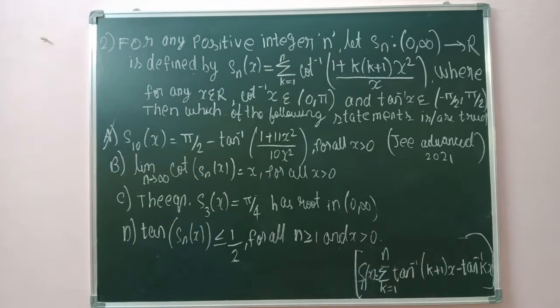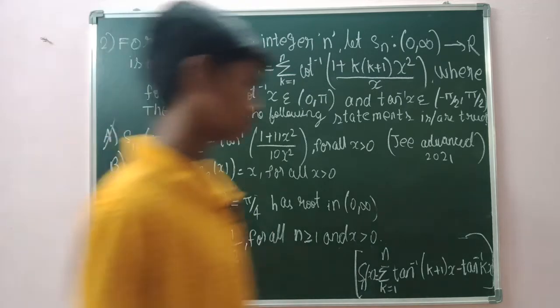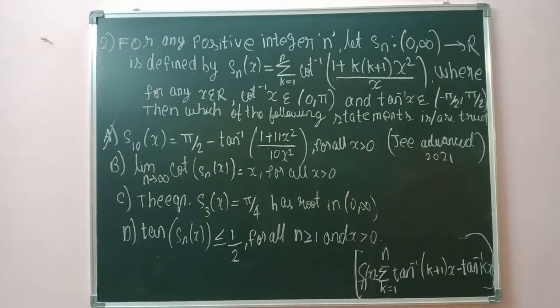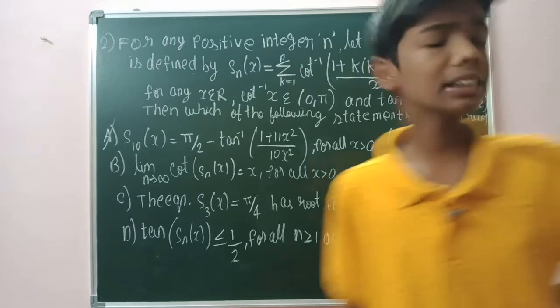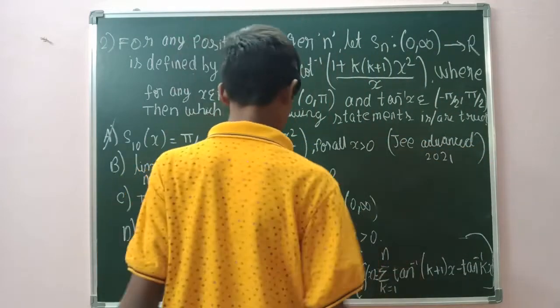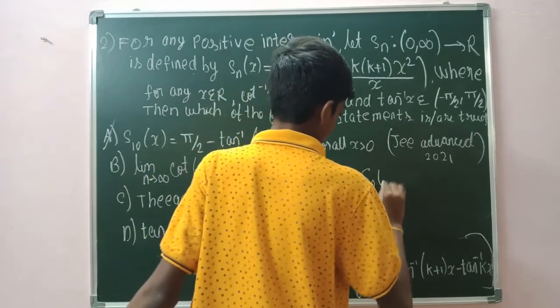So now, what is given next? Think carefully and say, what is given in the second option is a limit of n tends to infinity of cot of Sn of x. Cot of Sn of x is something given in the question. So people, can't I write this same Sn of x as